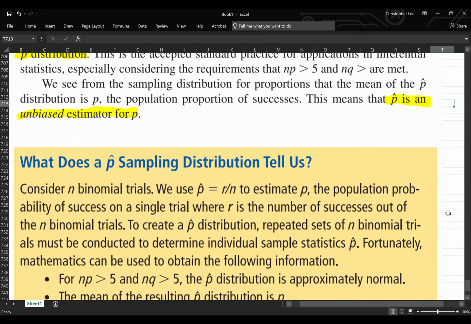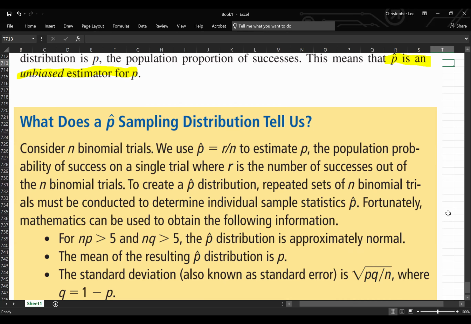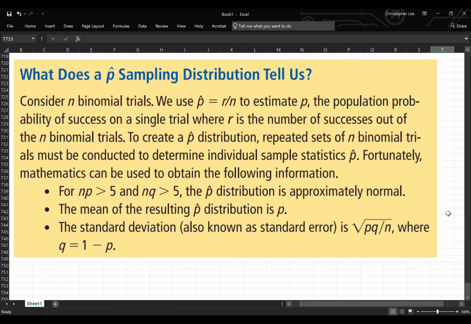We use p hat equal to r over n to estimate what our proportion p will be, right? The population probability of success on a single trial where r is the number of successes out of n binomial trials. To create a p hat distribution, repeated sets of n binomial trials must be conducted to determine individual sample statistics p hat. Fortunately, mathematicians can be used to obtain the following